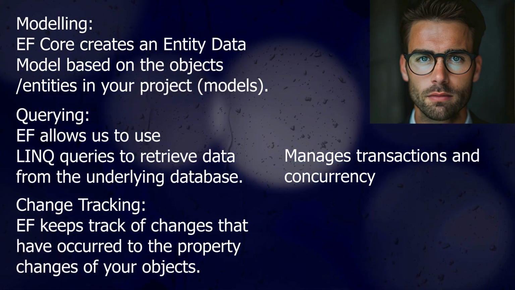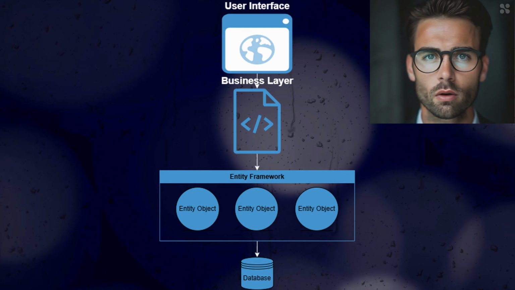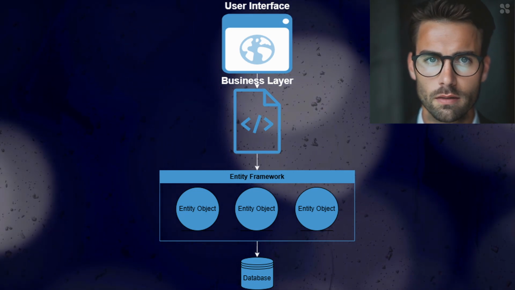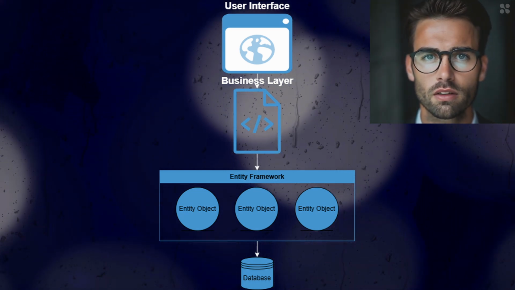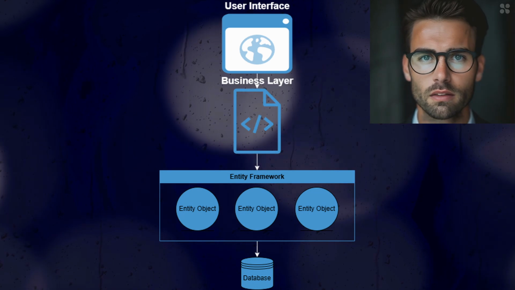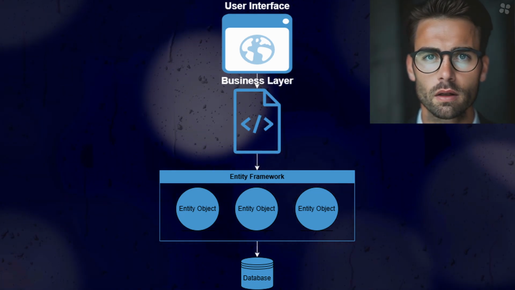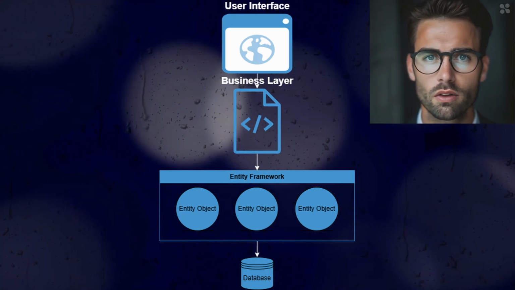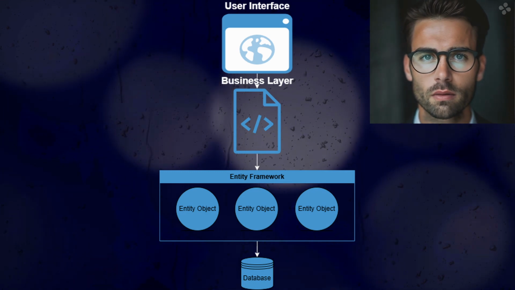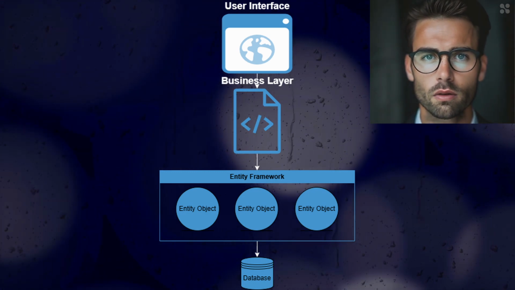with complexity. EF Core seamlessly integrates with the architecture of your application. It sits in the data layer, interacting with the database through your business entities. This setup allows for clean separation of concerns, where your UI, business logic, and data access code are well organized